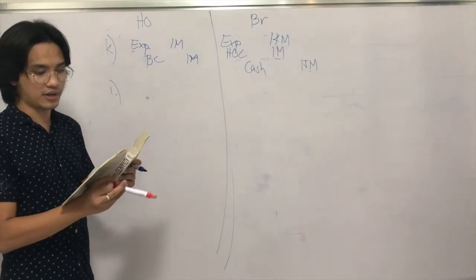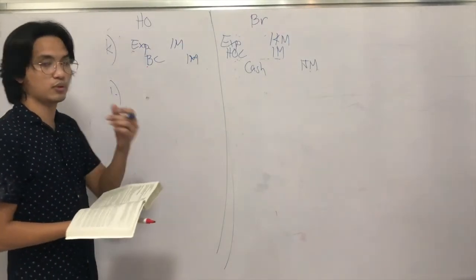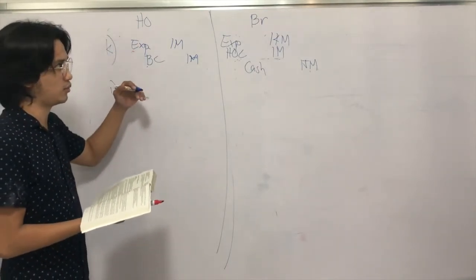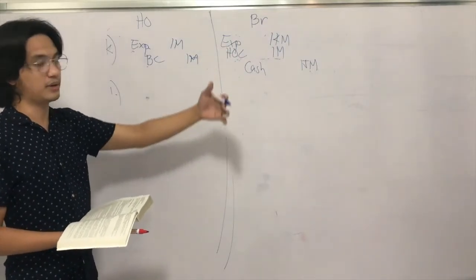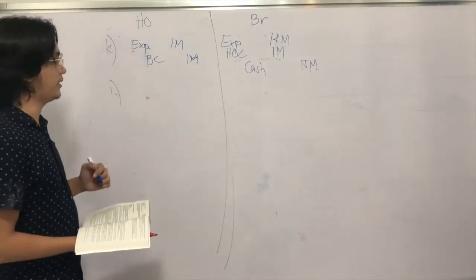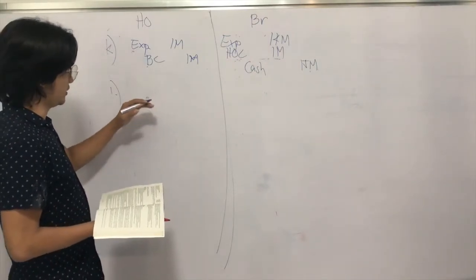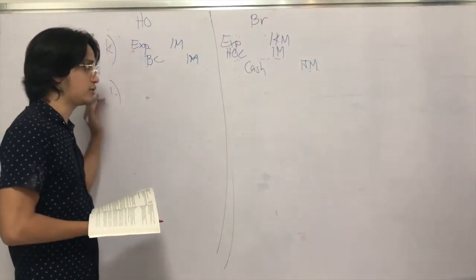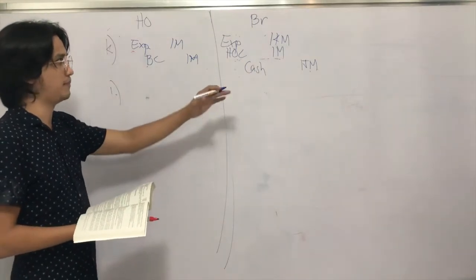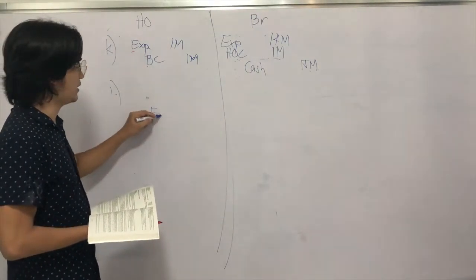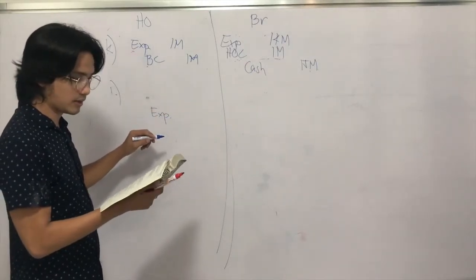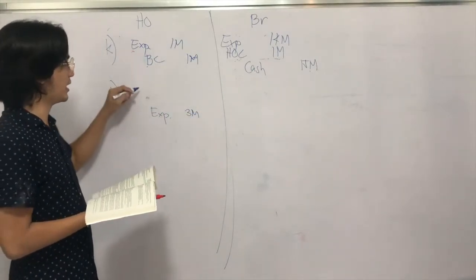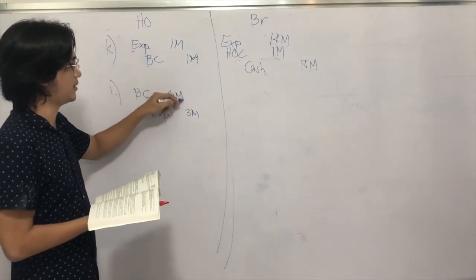the home office allocates general overhead of 3 million to the branch. This is what we call apportionment of expenses or allocation of expenses. So the home office has an expense which should be properly transferred to the branch. So what would the home office do? Since this expense is initially recorded in the books of the home office, and then it is just transferred or passed on to the branch, you credit expense amounting to 3 million, and then charge it against the branch. You debit branch current 3 million.